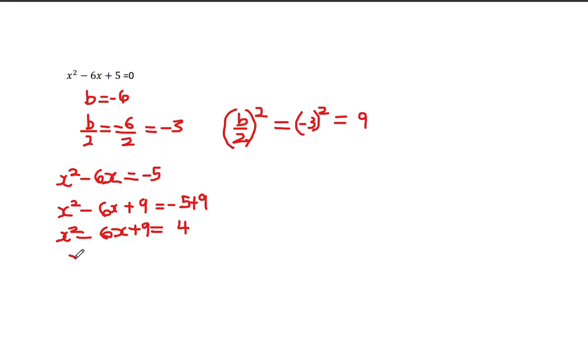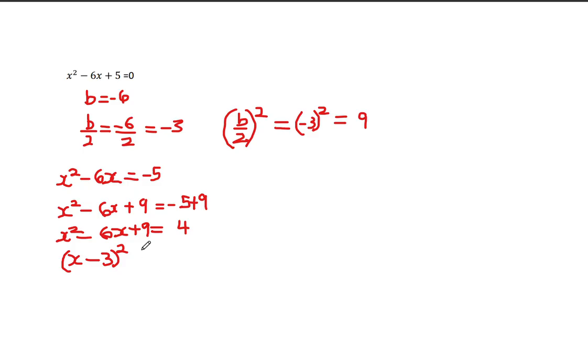And so the factors are simply going to be x minus 3 all squared. This is always how you're going to derive the factors. It's always either going to be x plus b over 2 all squared, or x minus b over 2 all squared, depending on the value of b over 2. In this case, the value of b over 2 is minus 3, so we just say x minus 3 all